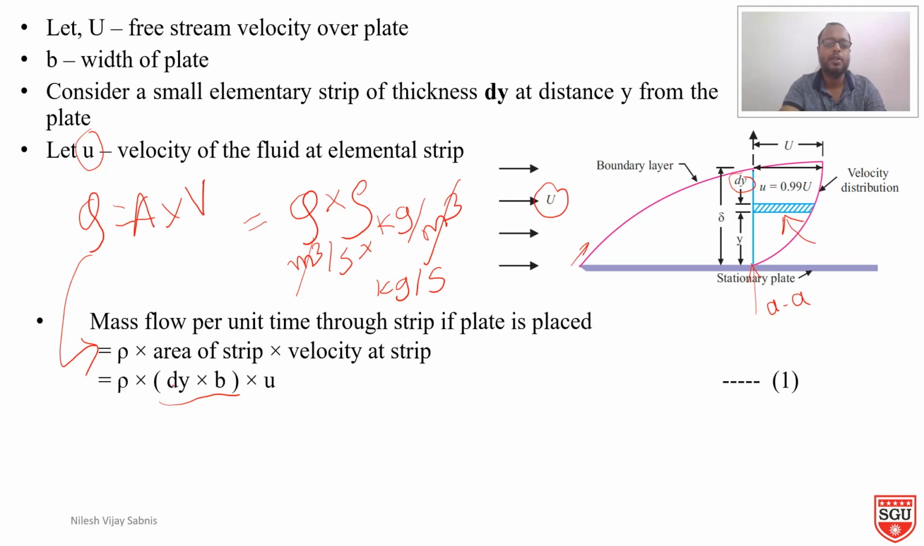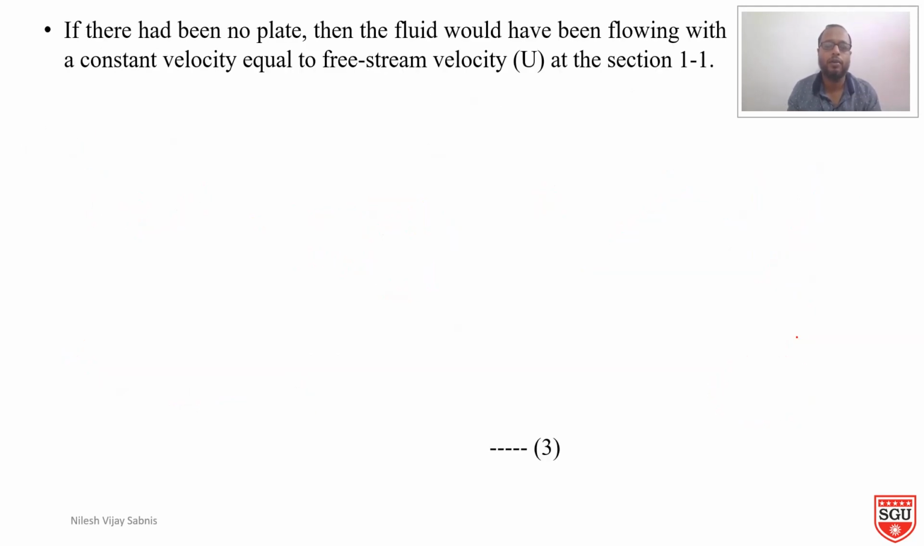So the area of the strip is dy into b. u is the velocity at distance y. Let's say this is equation number 1. If there is no plate, then the fluid would have been flowing with a constant velocity equal to the free stream velocity